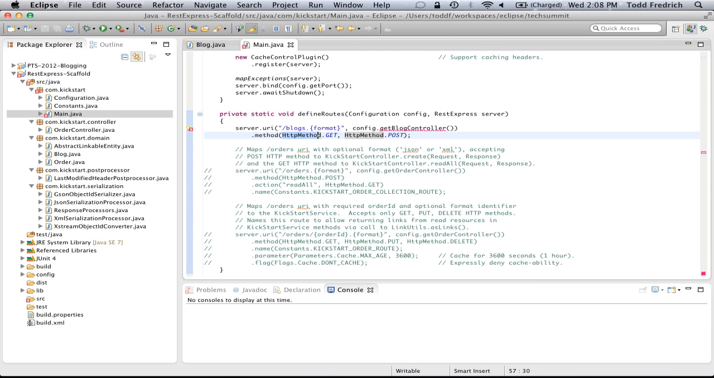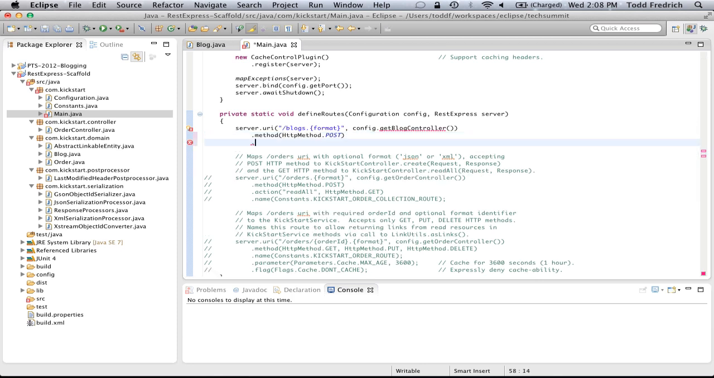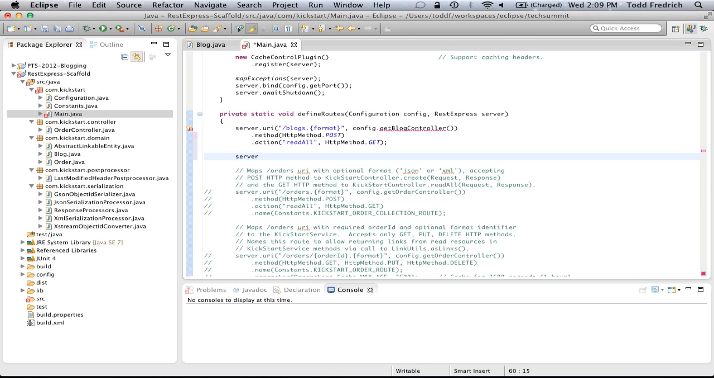So what I like to do is have method post map to create, and then there's a separate DSL specifier called action, where you can specify which method it calls. So now, for this route, if we perform a get on this URL, it will call the read all method in this controller. And if we call post, it will call the create method in that controller. So then we'll just do the same thing,